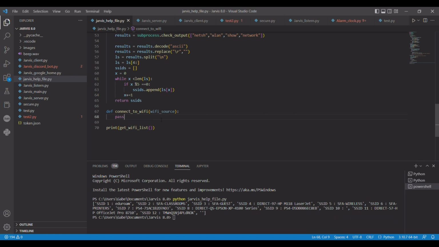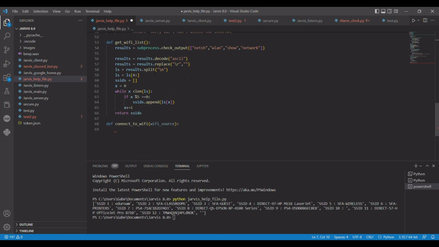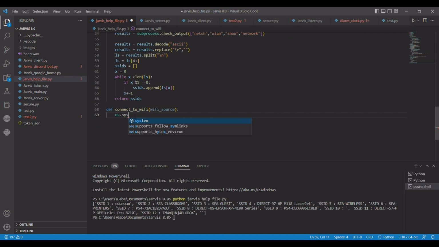So for the connect to Wi-Fi part, what we would be doing, I'll show you as we go, this one's actually only 2 lines of code. So first off, we're just going to import os. And we're going to do os.system cmd. This is going to be different for different operating systems. This is for Windows specifically. So it's cmd /c, open, and it's going to be netsh WAN show networks,